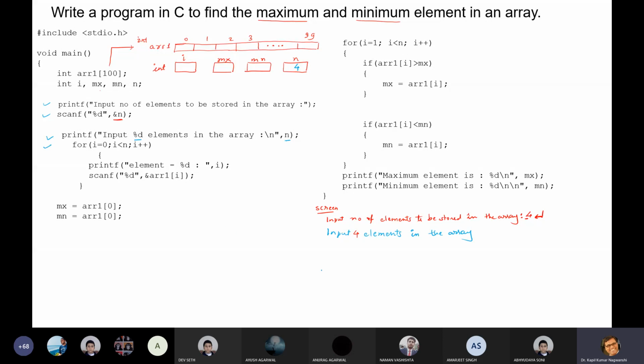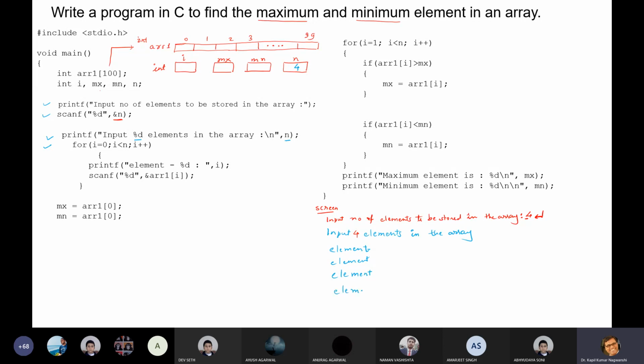Now the for loop will start executing. This will automatically loop for the number of elements, %d, because I had entered 4.